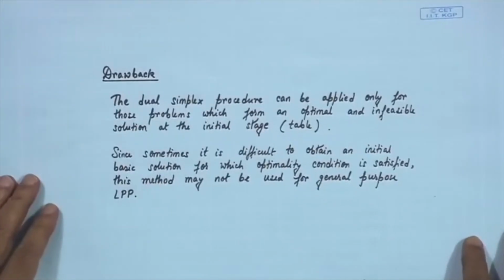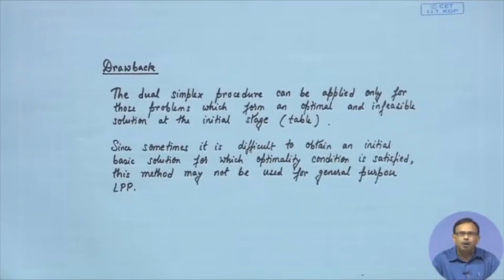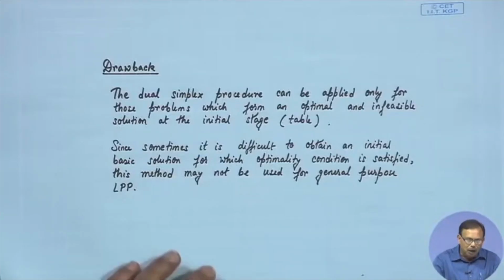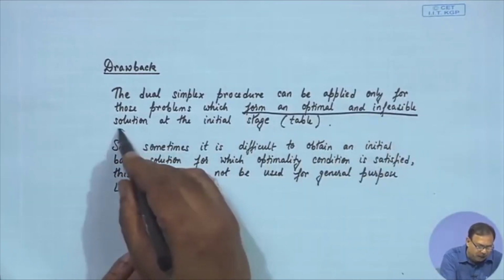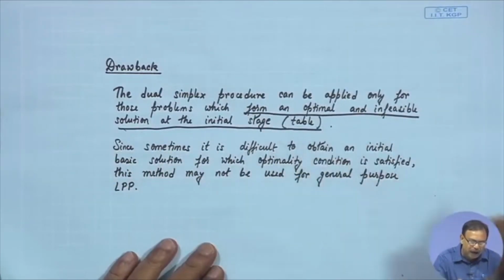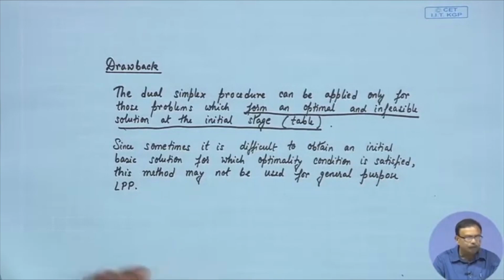So, what is the drawback of this dual simplex method? The drawback of the dual simplex procedure is that it can be applied only to those problems which form an optimal and infeasible solution at the initial stage. Please note this one, which form an optimal and infeasible solution at the initial stage or initial table. Otherwise, we can't use this